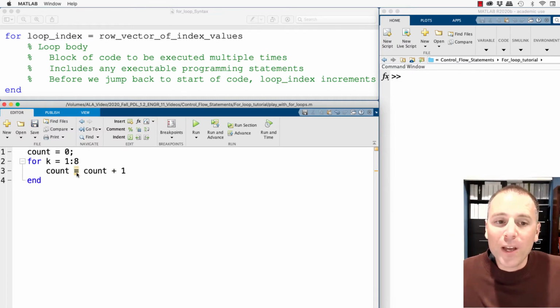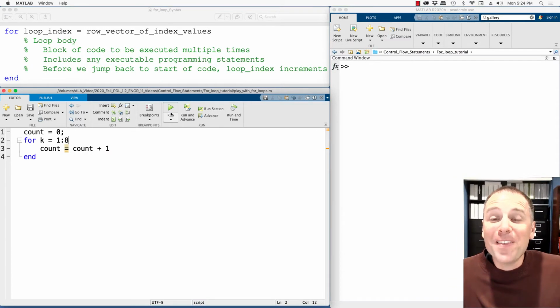Before we run this, let's go ahead and notice the highlighting here. MATLAB is telling me that I do not have a semicolon at the end. It says terminate statement with a semicolon to suppress output. In other words, if I run this, MATLAB is going to produce this output multiple times. I'm not so worried about that at this moment because the point of this is to explore how for loops work. Let's go ahead and run this and see what happens.